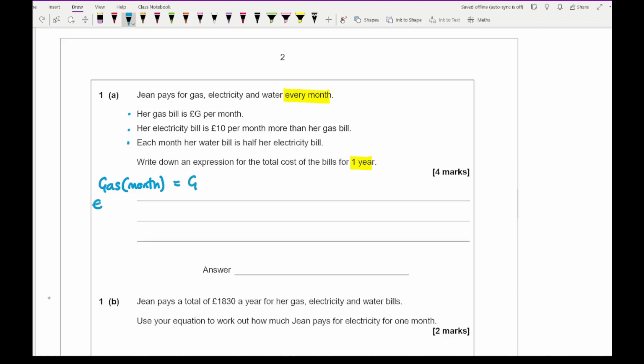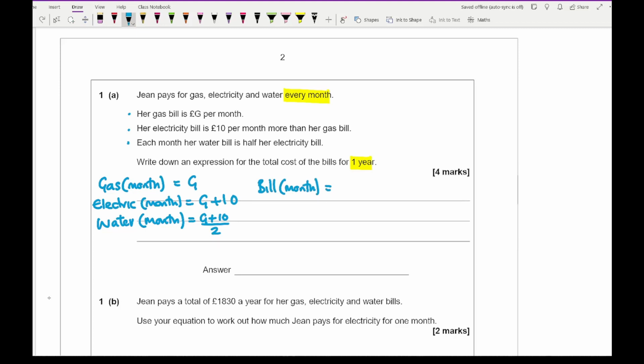Then her electricity bill, and that's for the month, is going to be £10 more, so that's going to be G plus 10. And her water bill is half of her electric bill. So if the electric bill is G plus 10, then her water bill will be G plus 10 divided by 2. Now these are what they were per month. So a bill for 1 month